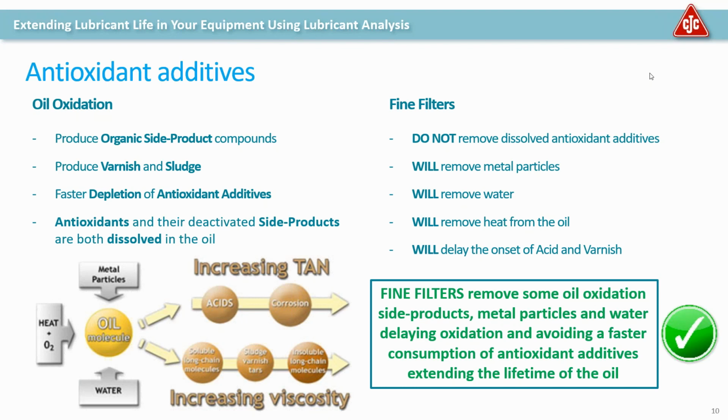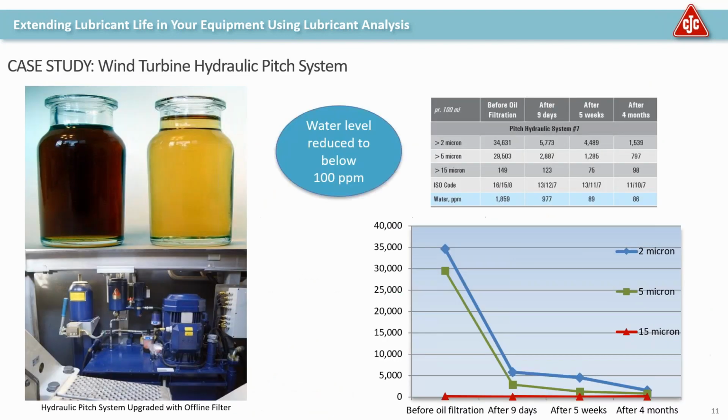Yeah, I'd love to. And going back to what we discussed before about the index card, we have those basic principles. We want to keep it cool, clean, and dry. We're using analysis, and then we identify a problem, like in this case with a wind turbine and the hydraulic pitch system. They identified that they had a relatively high particle count. It wasn't off the charts, a 16, 15, 8. They were using a microscopic method, so they're looking at particles larger than 2, 5, and 15 micron. A little different methodology, but still the same